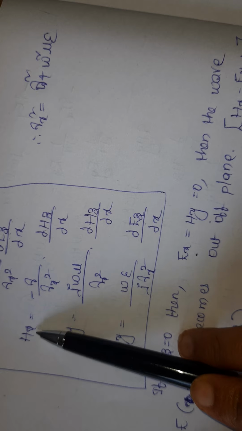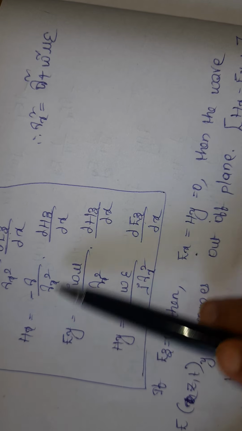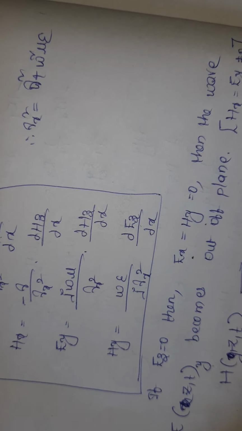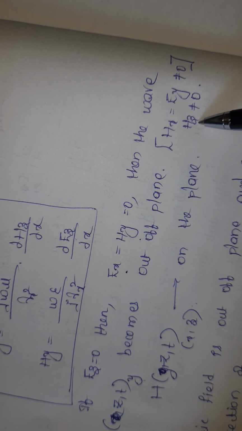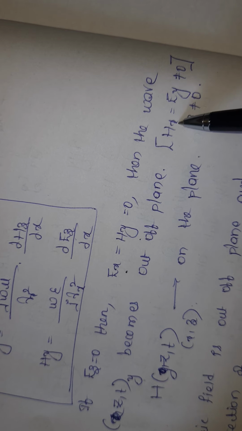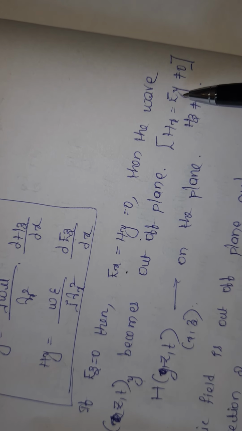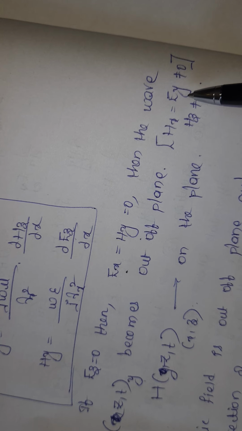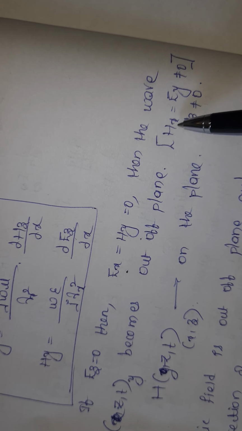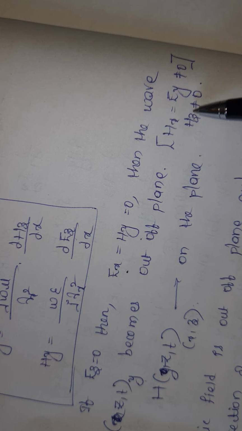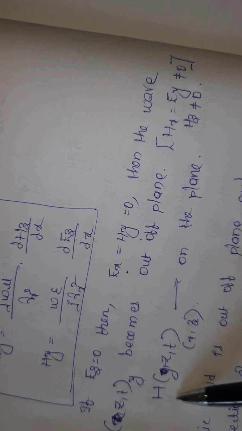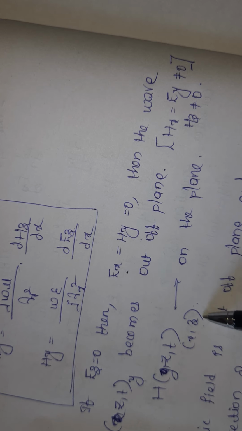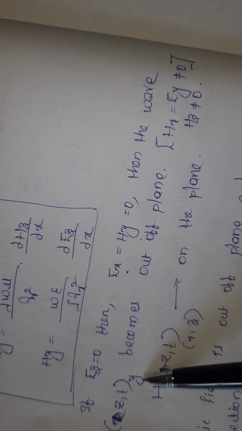So Ey is not equal to 0. And what about Hx? It is also not equal to 0. And I am not considering Hz equal to 0. So Hz is also not equal to 0. These 3 field components will be present. Or I can say that the electric field intensity will propagate along y direction. Magnetic field intensity will propagate along x and z direction. So magnetic field intensity is propagating along xz direction. Electric field intensity is having the propagation only along y direction.